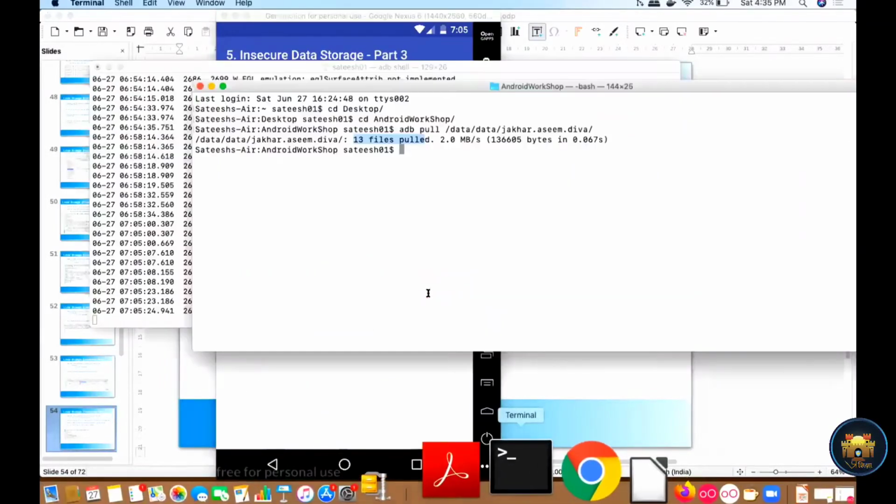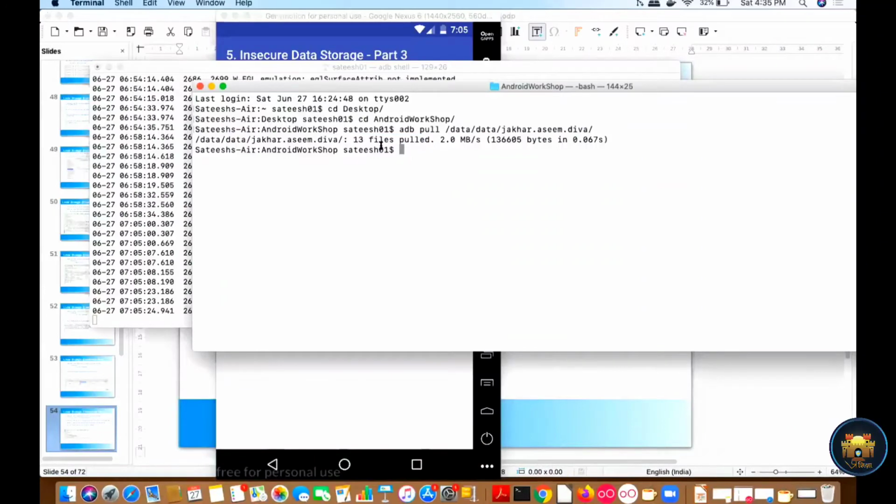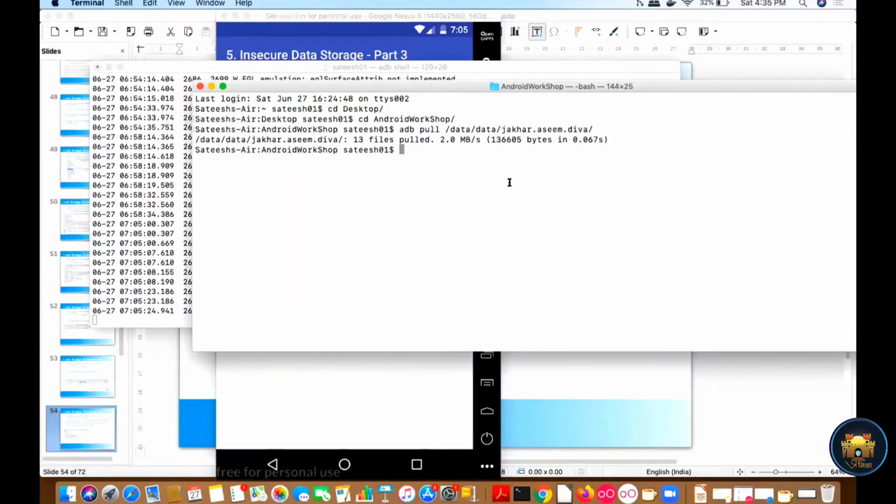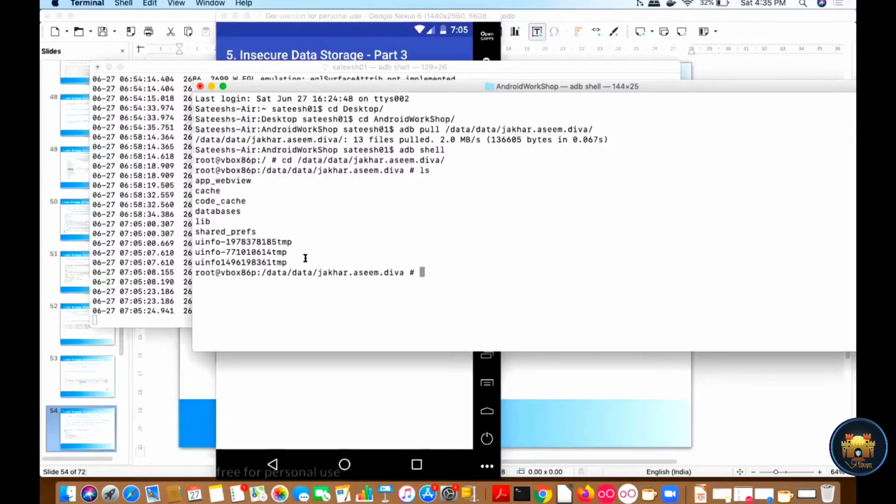So what I will do is use my adb command here to find out. adb shell, and I'm going to the package data folder, jakhar.assest.diva. If I click on ls, you can see,